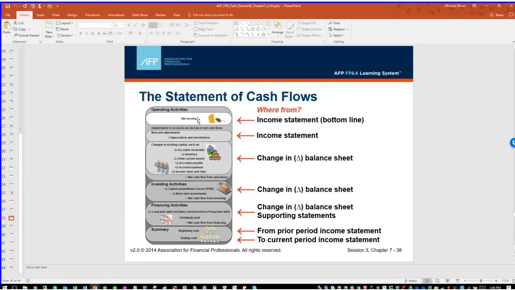So if you're starting in an indirect method with net income, the first thing you have to do is add back those costs that were deducted from net income. So they reduced net income, but no cash went out for them. So you add them back here because they don't affect cash. So you add back depreciation and amortization. Those being the primary lines on the income statement that don't affect cash.